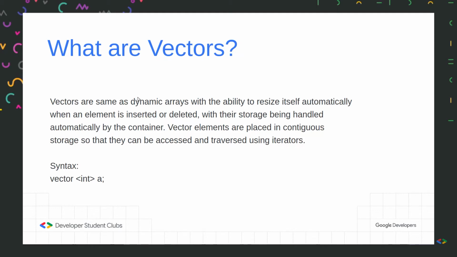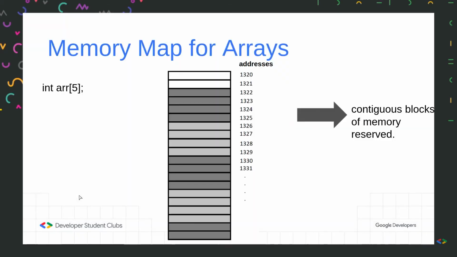Okay, so they are basically dynamic arrays. What we mean by dynamic is that we can resize them automatically. Let me explain. Suppose you declare an array like this. What happens is that you can't change the size of this array anymore. Once you've declared it as arr[5], the compiler has allocated statically 5 locations for this array, and now you can't change the size of the array.